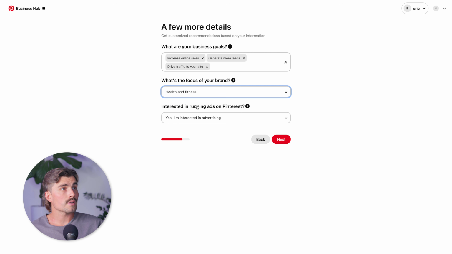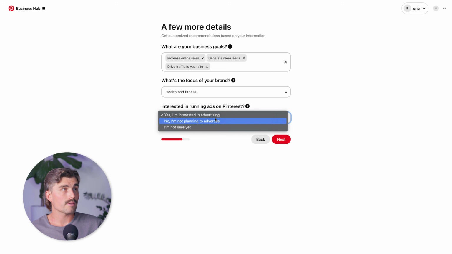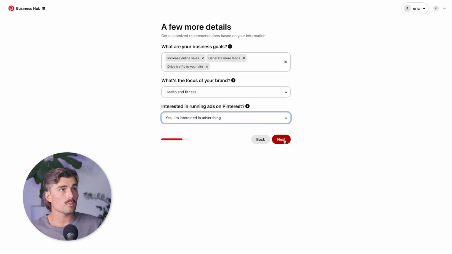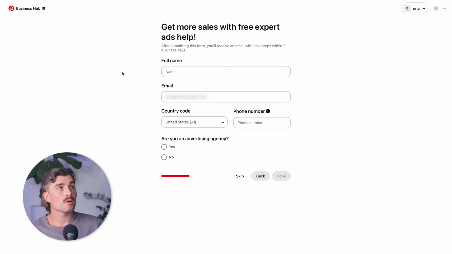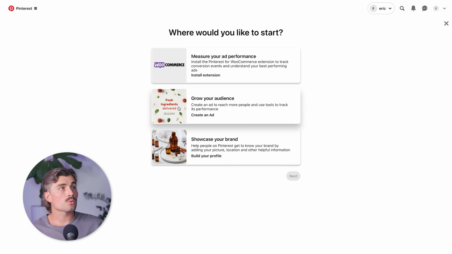And then it asks if you're interested in running ads on Pinterest. Yes, I'm interested in advertising. We'll keep that selected and click on next. Then it's gonna see if you want more help with free expert ads help. I'm gonna skip that for now. And we'll click on grow your audience to create an ad to reach more people and track